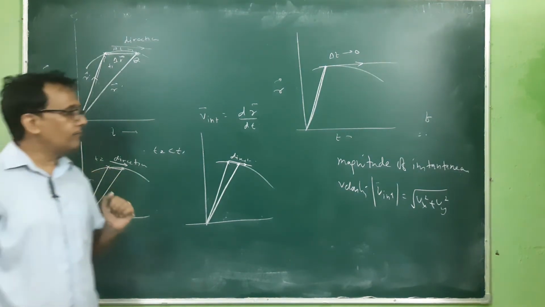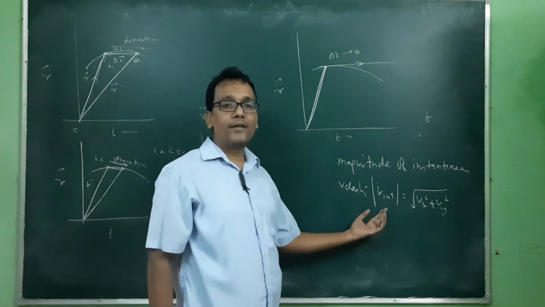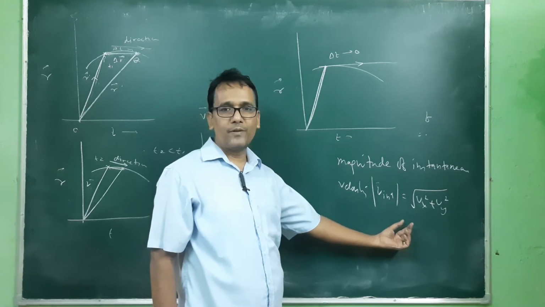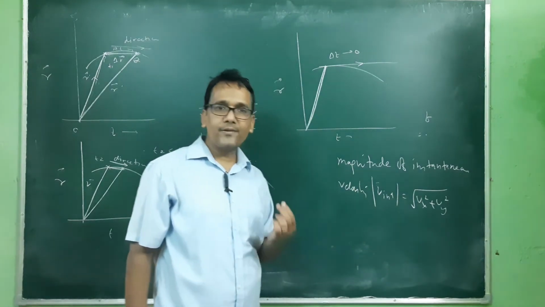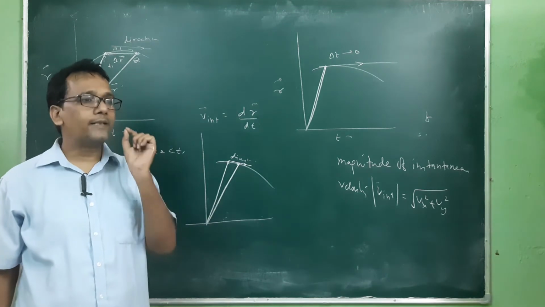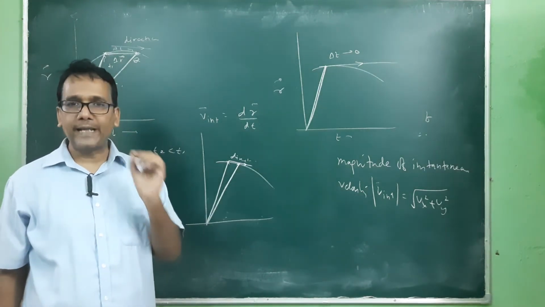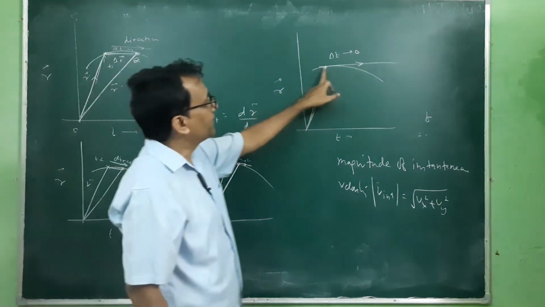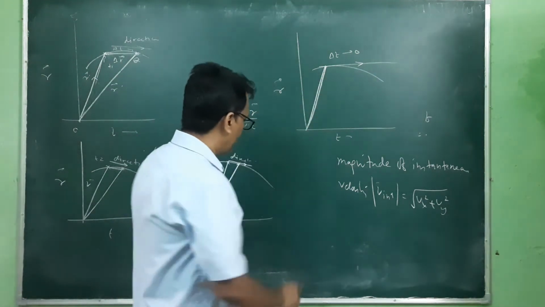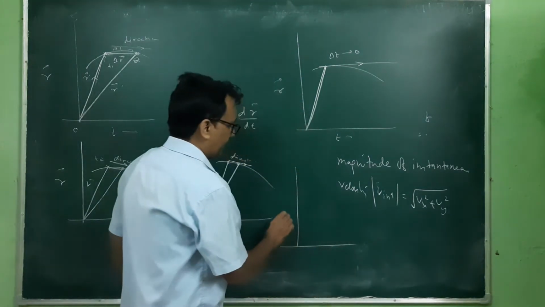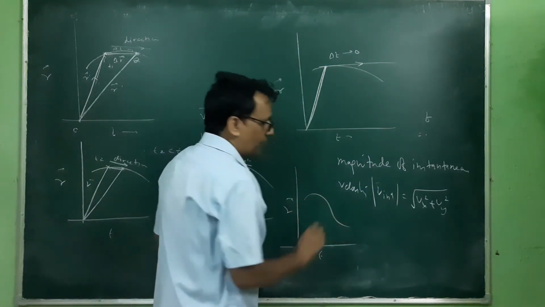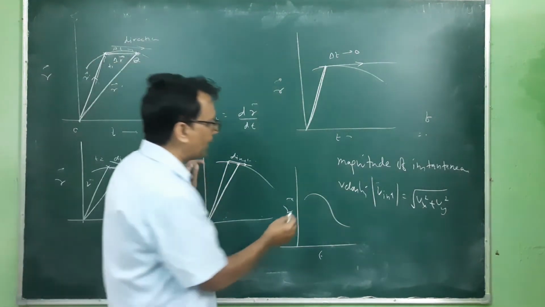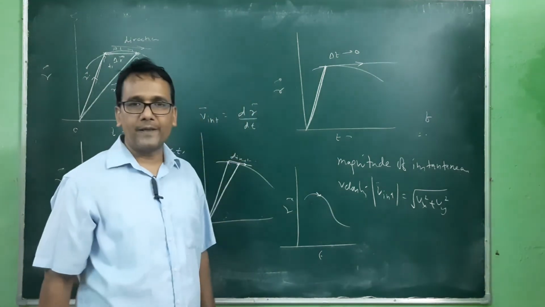Okay, so what I am trying to show is, in the case of instantaneous velocity, the magnitude is the same, that is root of vx square plus vy square, but the direction of that velocity is at the tangent point, the direction of tangent at that particular point. So यहाँ पर हमने डायरेक्शन निकालते गए, यहाँ पर ये डायरेक्शन जो होगा, दिस इज दैट डायरेक्शन. If I have a curve like this, and this is r and this is t, and this is the curve, two dimensional curve कहीं पे भी हो सकता है, and I want to calculate that instantaneous velocity at this point.